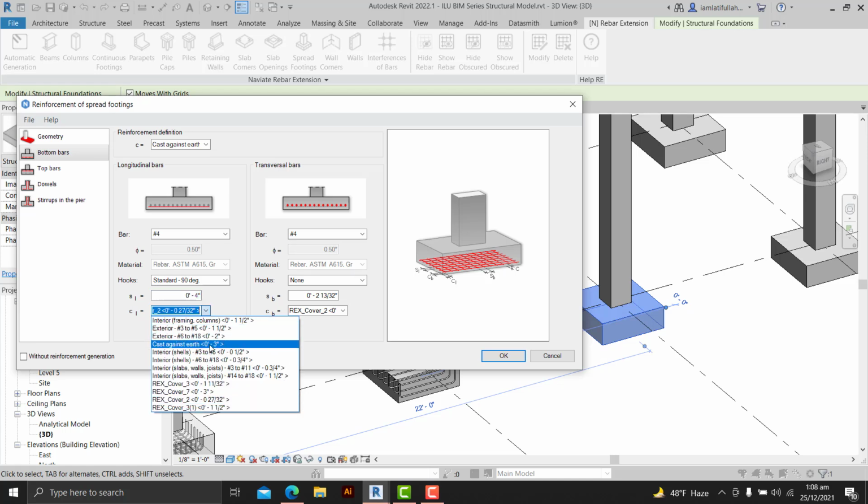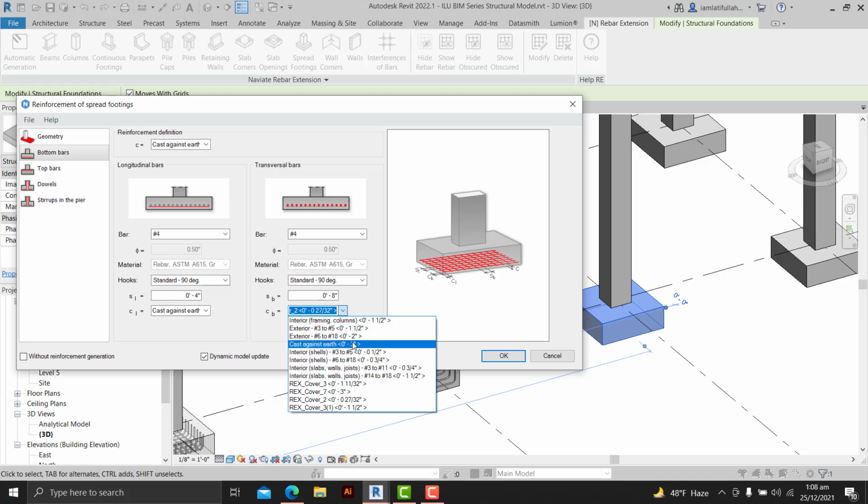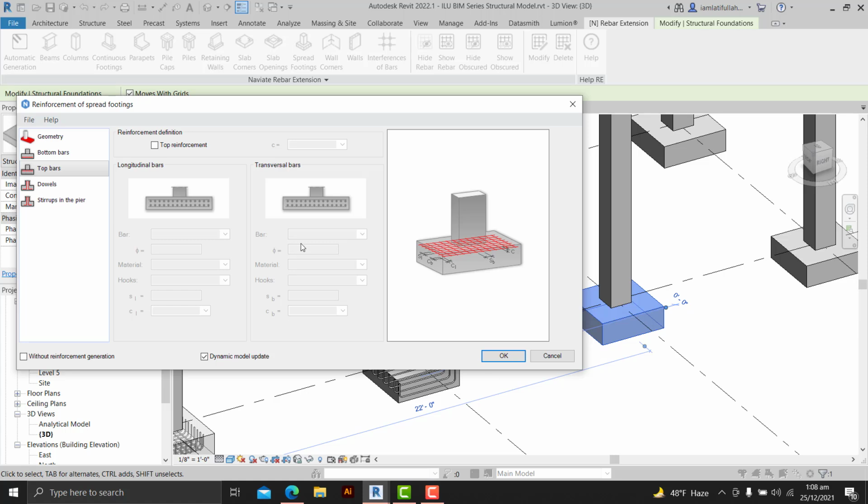So how much cover do you want? As we want 3 inches cover, and then for the other one, let's take 4 inches, and yes, we want 90-degree hooks, and let's change its spacing to suppose 8 inches, right? And we also want a cover of 3 inches here. So let's go back to the top bars. If you want to add the top bars, you can turn on the top reinforcement and add top reinforcement too. If you don't want that, then you can turn it off, and other options are like the bottom bars.